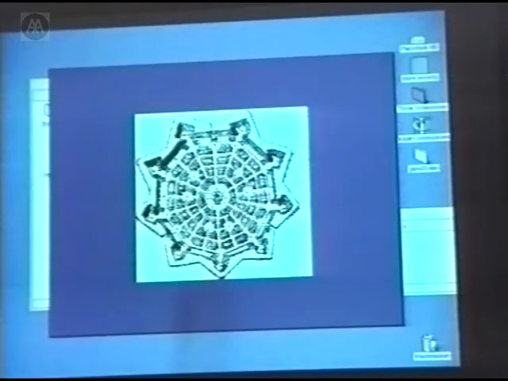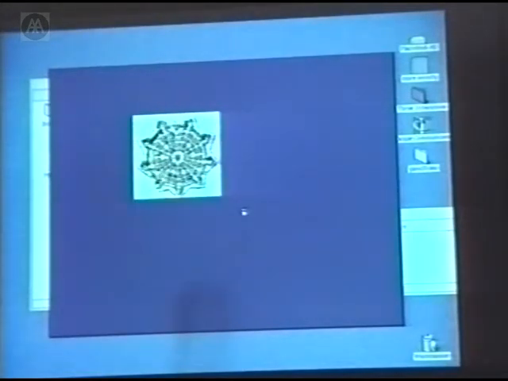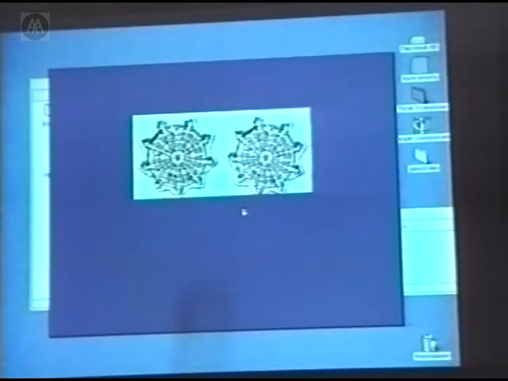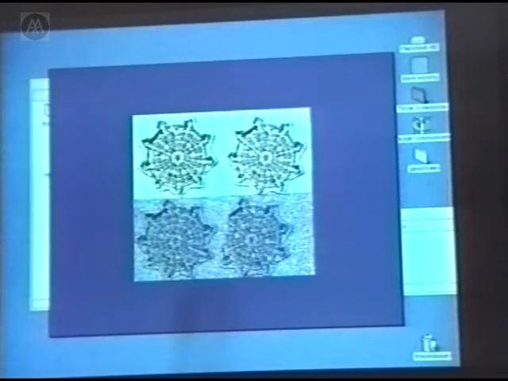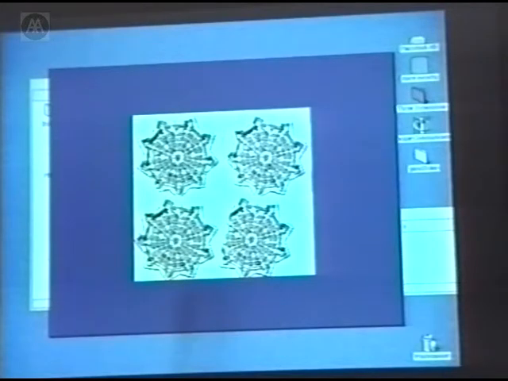Okay, it's always useful to suggest ways of having fun at this point. So let's take an arbitrary shape. Here's something you can try afterwards at home. Take an arbitrary object, photocopy it, let's say we'll reduce it down by 50%. We'll copy that, and we'll copy that and rotate it once. So we rotate it by 15 degrees. We'll then take that and copy that 2 more times. And we end up with another form.